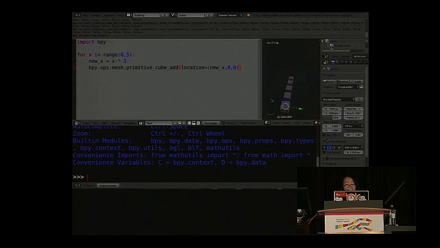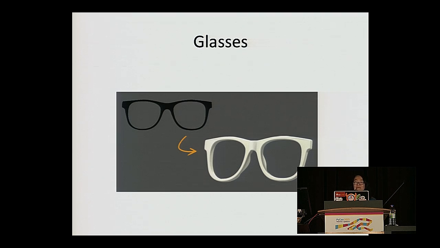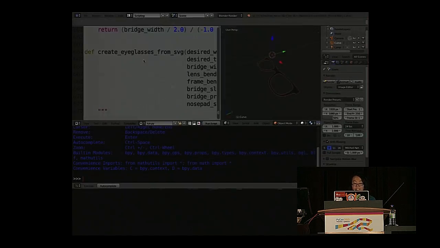So while cubes are fun, let's make something more interesting. Let's make glasses. Here I wanted to take an image of the front of a pair of glasses frames and turn it into a 3D printable model. I want to do this because I want to make it easier to prototype a lot of different styles of glasses frames faster. So I wrote this script that takes an